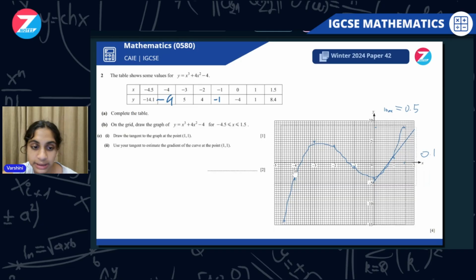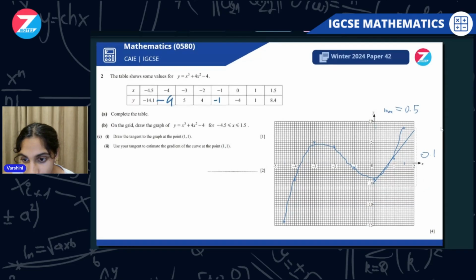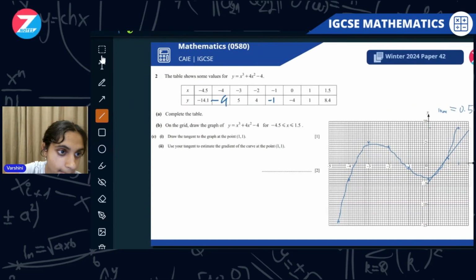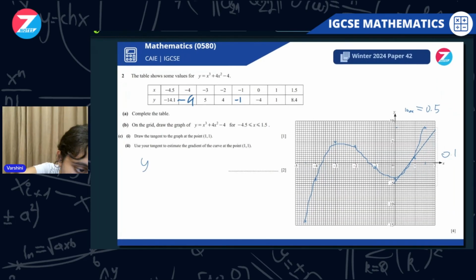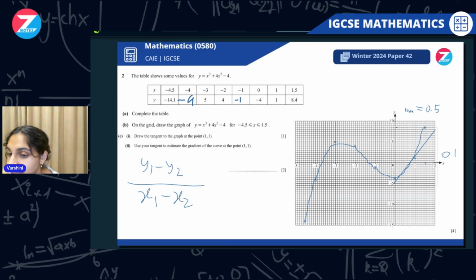So now all we need to do is estimate the gradient. So we know the formula for the gradient of a line is y1 minus y2 divided by x1 minus x2. So we just have to calculate that for our gradient. So let's take the first y coordinate up here, and we're just going to draw it over here. So that's 5.5, 6, 6.5, 7, 7.5, 8. That's going to be